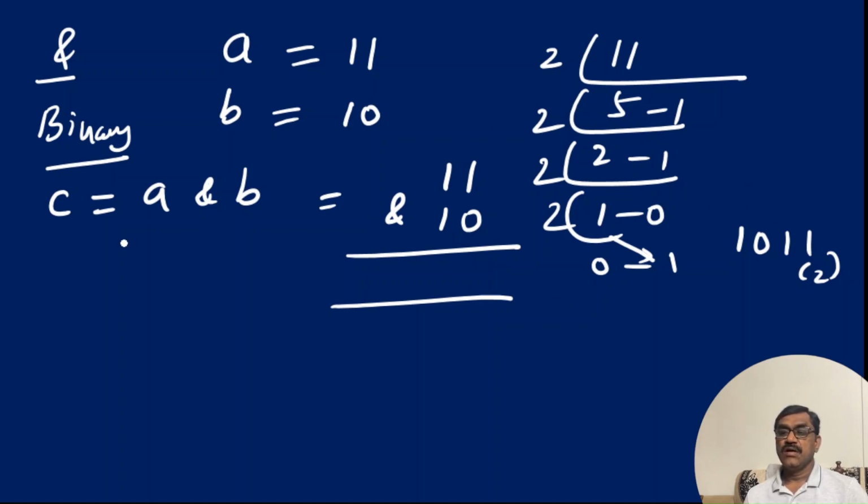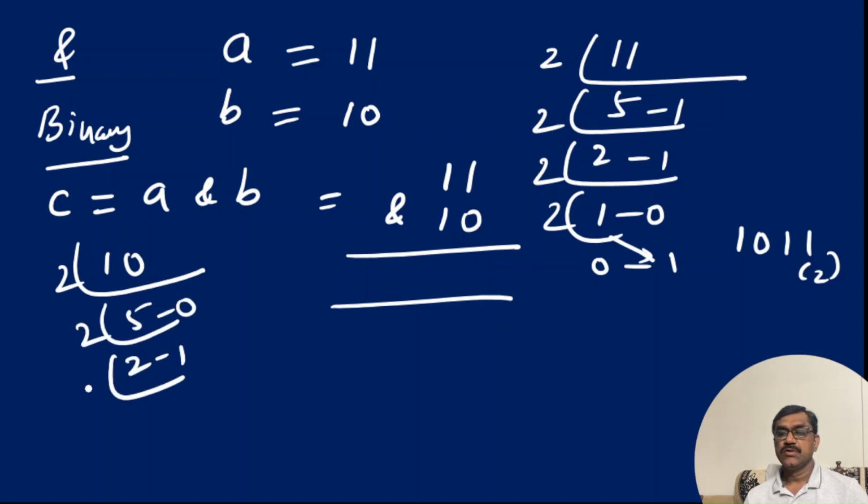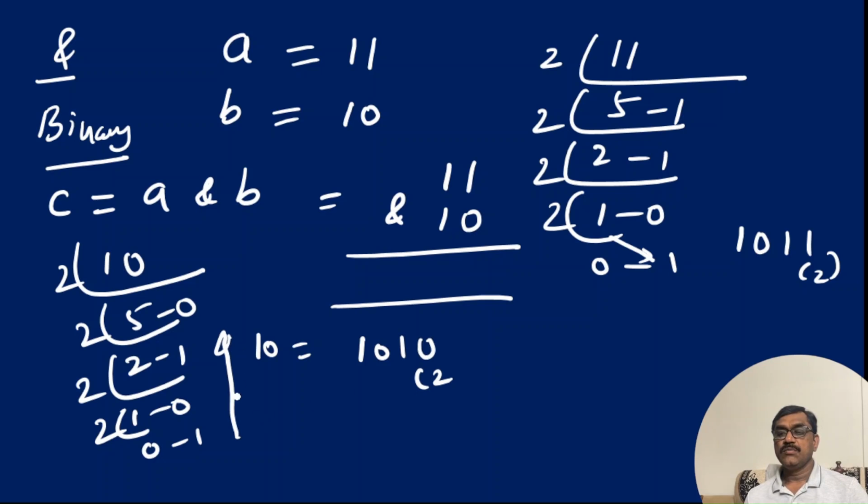Now, what is 10? Again, take 10, same concept. 2 5s are 10, the remainder is 0. 2 2s are 4, the remainder is 1. 2 1s are 2, the remainder is 0. Here you write 0 and 1. So 10 is nothing but 1010. You write from bottom to up, 1010, and the base is 2. So A and B, that means 11 and 10, is nothing but 11 is 1011 and 10 is